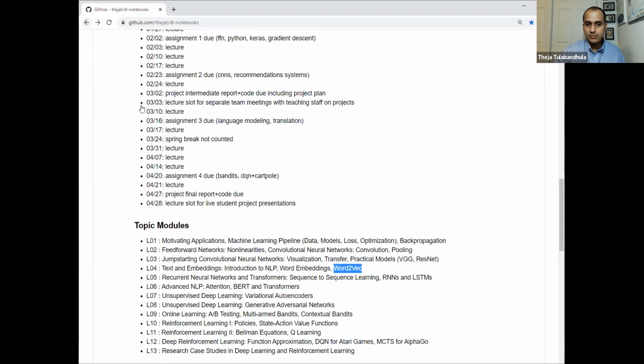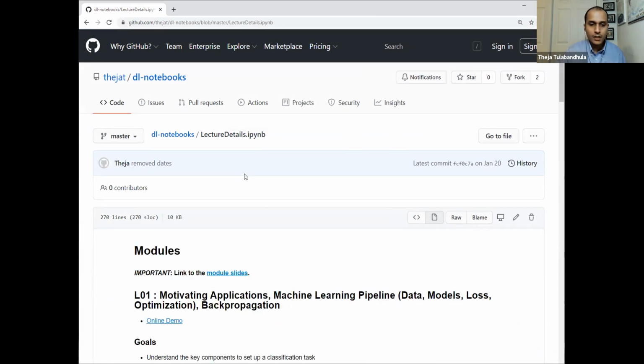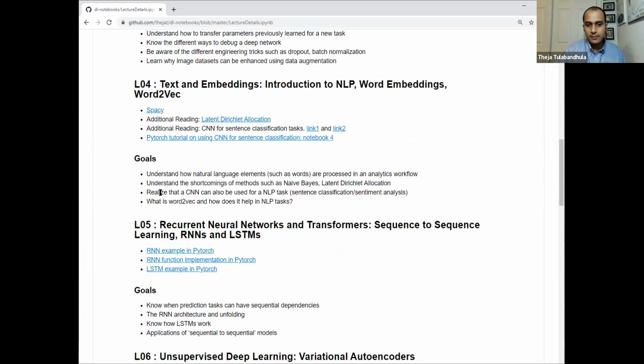Just to see the lecture goals, let me quickly open that as well before I start the annotation. So the objective is, we saw up to this point that CNN can also be used for an NLP task, in particular sentence classification. And what we started last time was how to get a decent word embedding using a prediction approach, where we had a throwaway classification task and learned the word embeddings simultaneously while working on this auxiliary classification task. But today we'll look at a specific instance, which is Word2Vec.